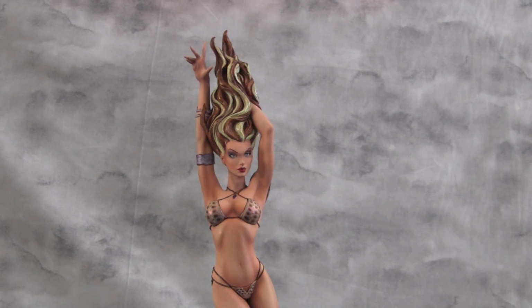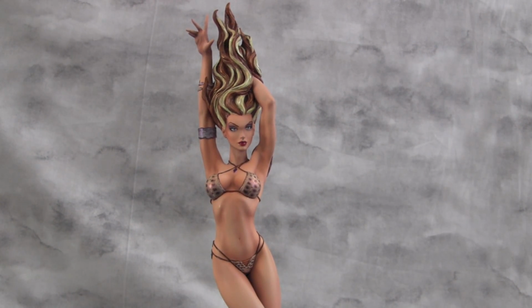And there you go. That is the Kiani Custom Statue in the bikini. So I think she's going to look really good in the collection with the